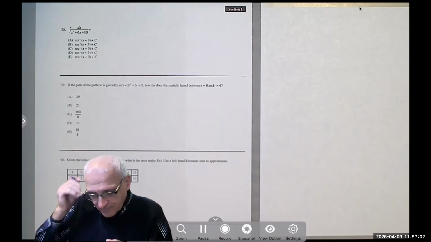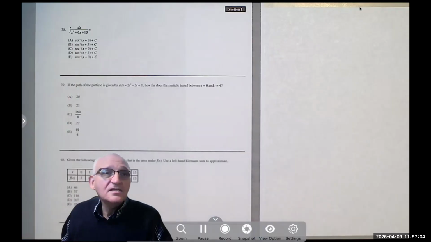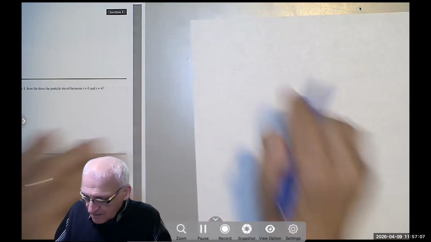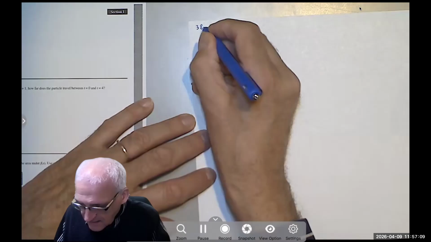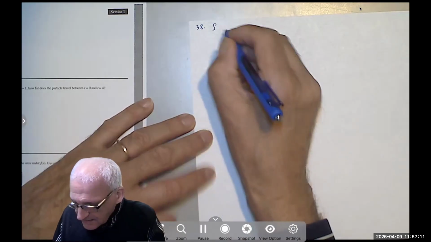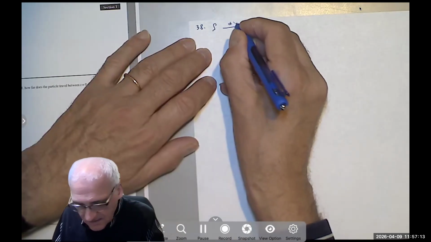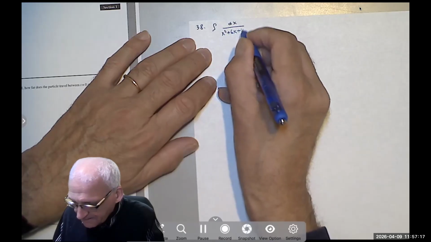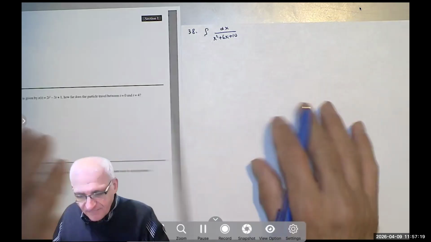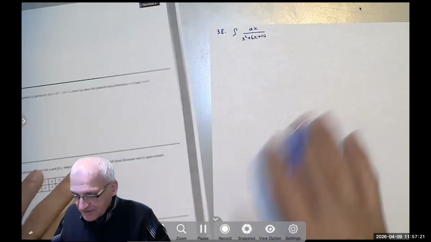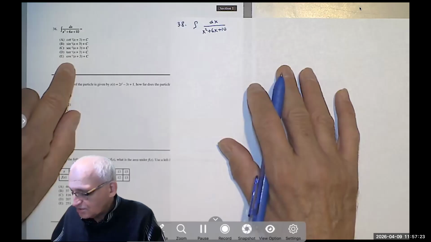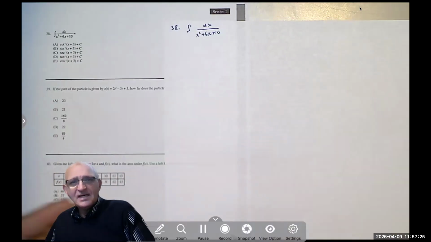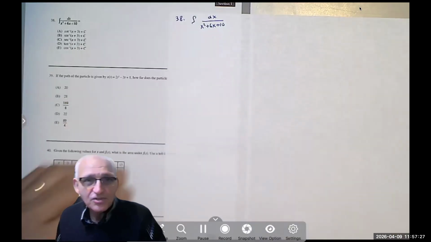We have 8 problems remaining. So the first one is an integration problem, number 38. It says integrate dx over x squared plus 6x plus 10. And they give you some inverse trig functions. So you should know, just by looking, you would know the answer. But